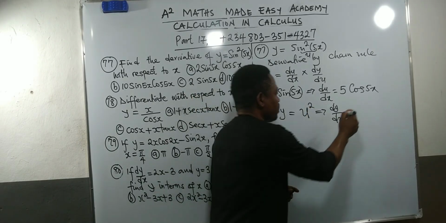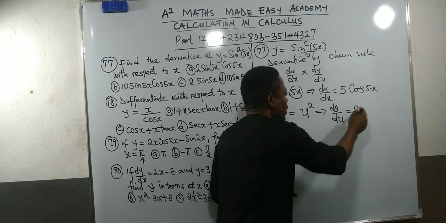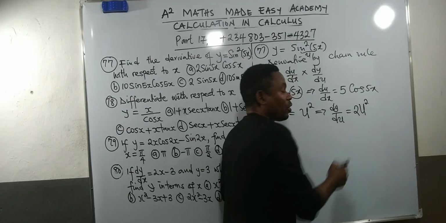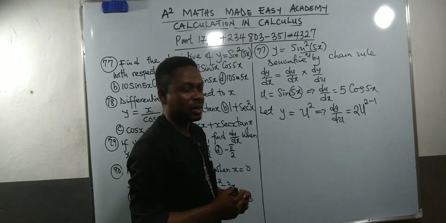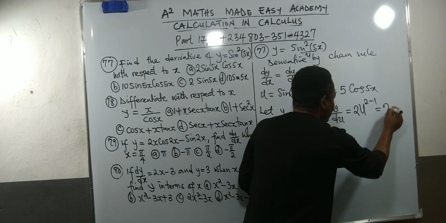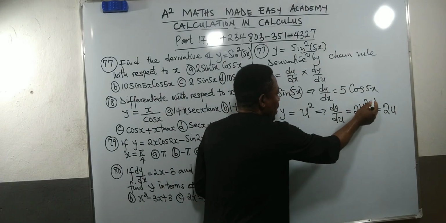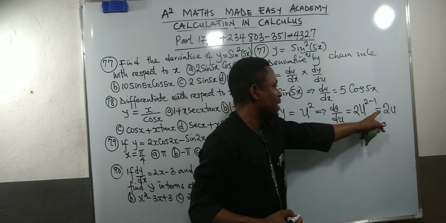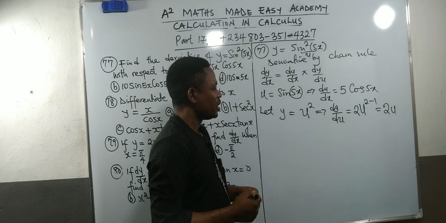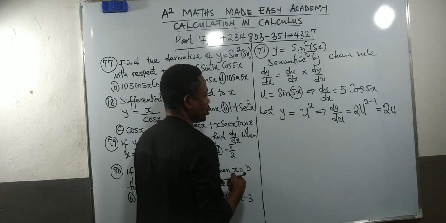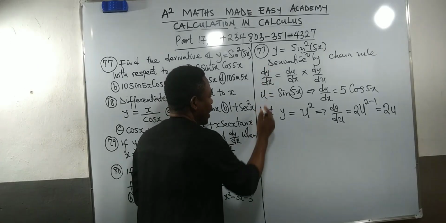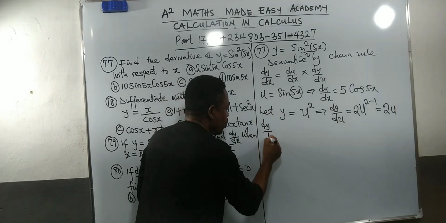Then can we differentiate u squared? Consider the power. What's the power? 2, right? Repeat the question, which is u raised to the power of 2. The law says introduce minus 1 to the power. Then if that is done, what is the next thing? 2u, right? Then 2 minus 1 will give you 1. So which means the answer is 2u. Are you with me? Now let's move. What do we do again? I want you to observe this now. Watch. We now go back to the formula, which says dy all over